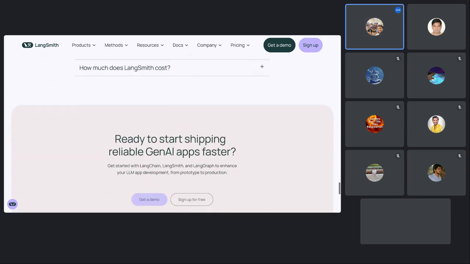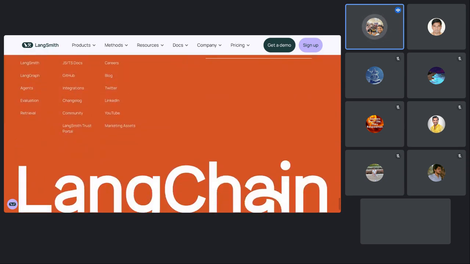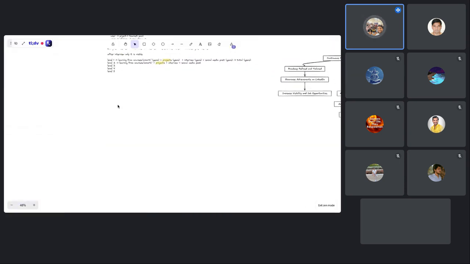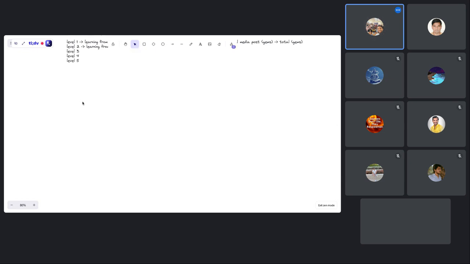If you want to become a full stack Gen AI engineer, I will tell you what you need. First you need LLM models understanding. Before that, I will say Python,